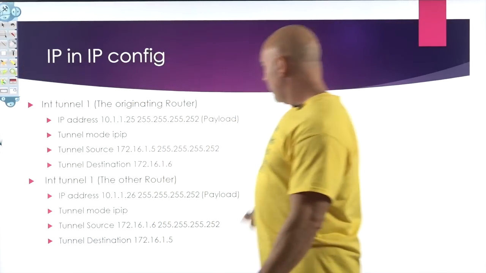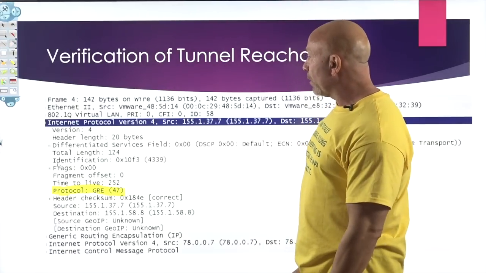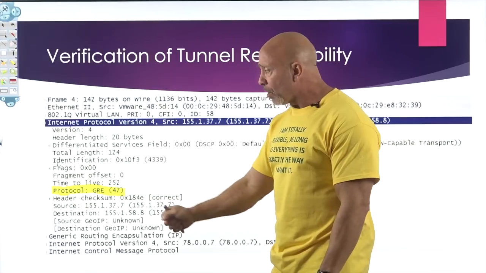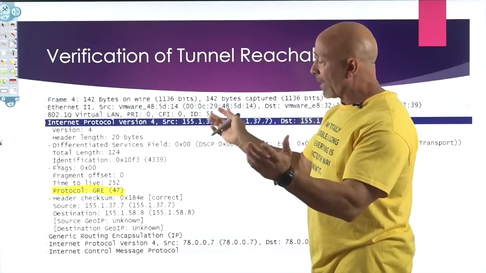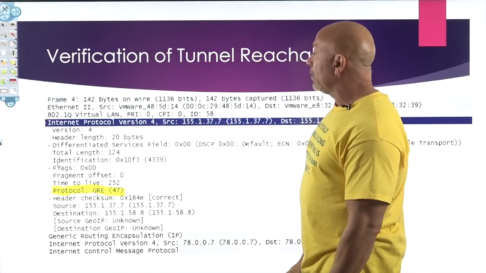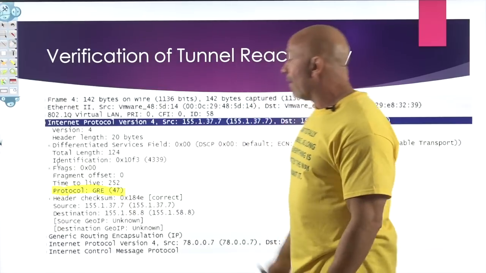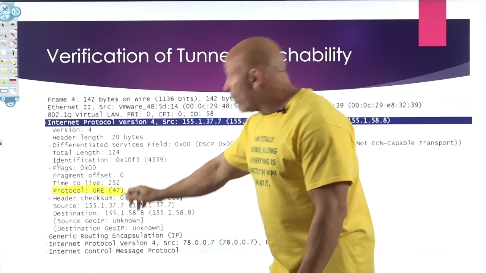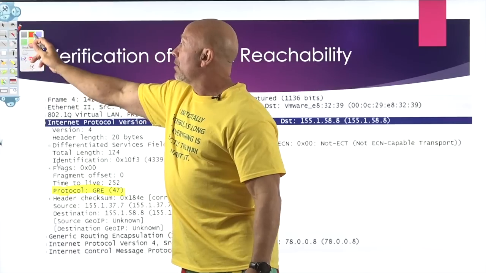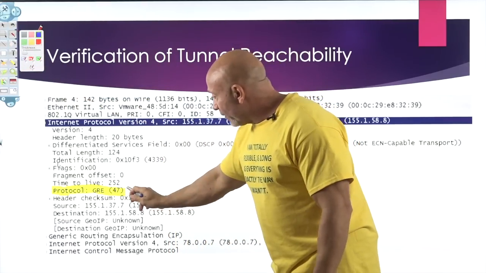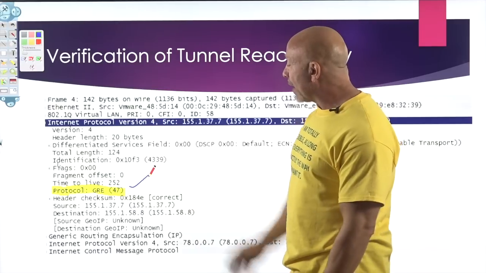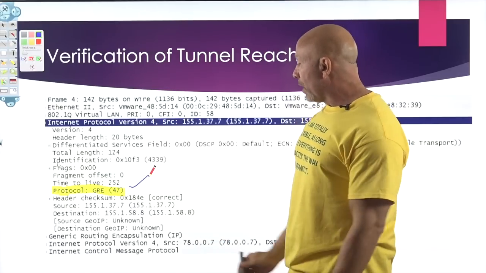Okay? All righty. And then here we have a Wireshark capture. Again, this is from another lab. You can see here in the header, we have IP, obviously, that we know. Again, let me get my pencil back out. We have the protocol GRE 47. That's the encapsulation. That's how we know what we're running, right?